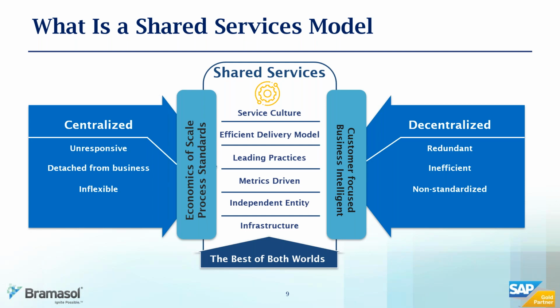And the particular use case I'm referring to is cash application, where the system can learn from past experience as well as user inputs and keep learning constantly, updating the rule sets that it needs to apply to newer situations around using information in the bank statements. And that actually drives better output and throughput through the shared services structure that you may have in place. This is just one of the examples. There are many other examples where such machine learning and automated processing can help run these processes even more efficiently.